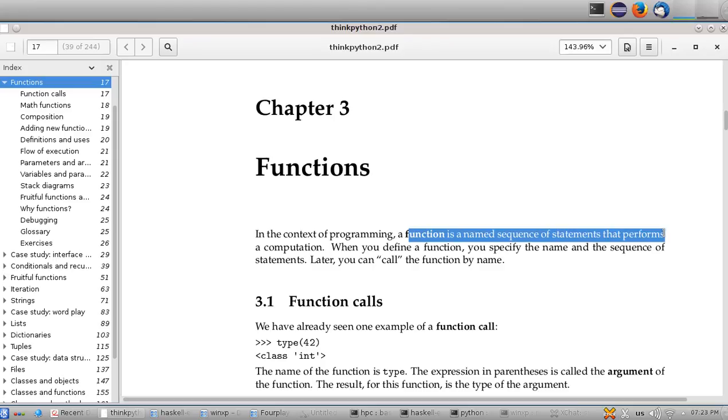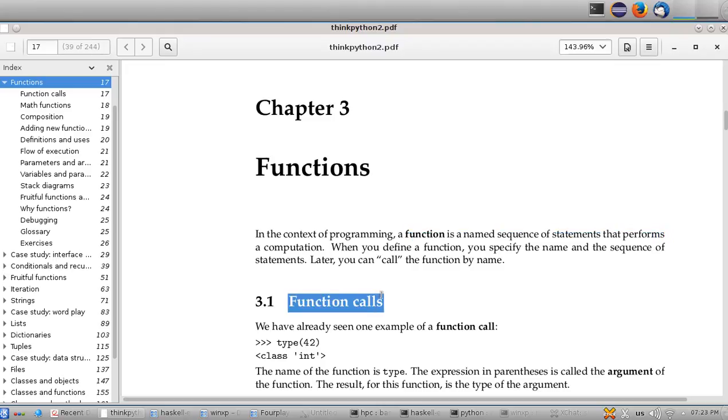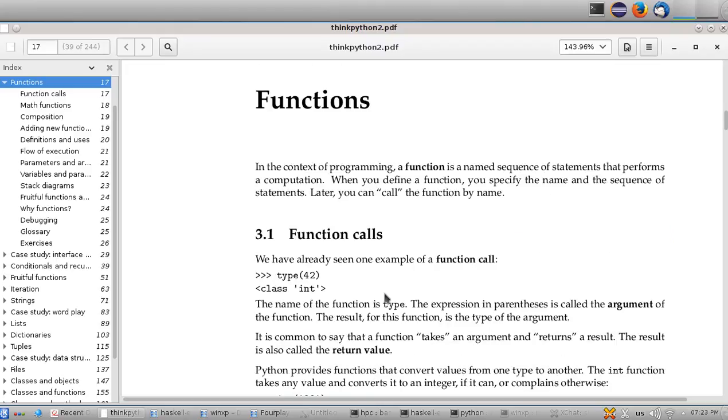Now we will see definitions and uses, or adding new functions. We will see how to make our own custom function. So let's start with function calls. What's a function call? We made a group of statements, with whatever you might think of in programming,